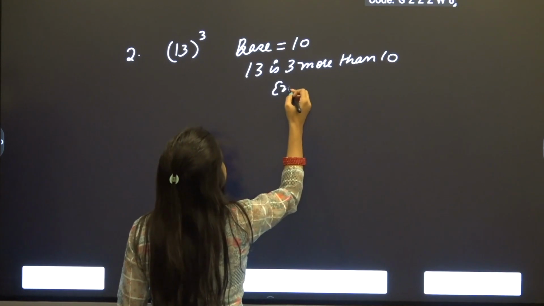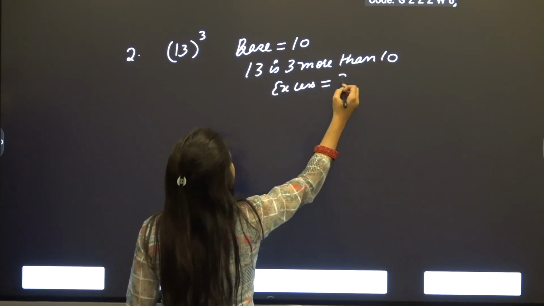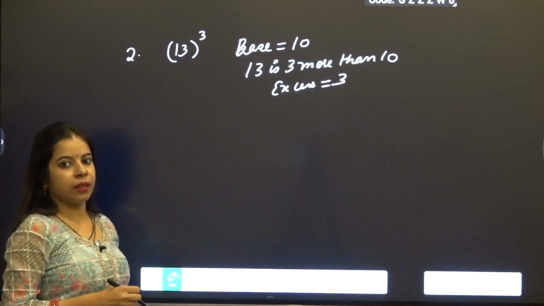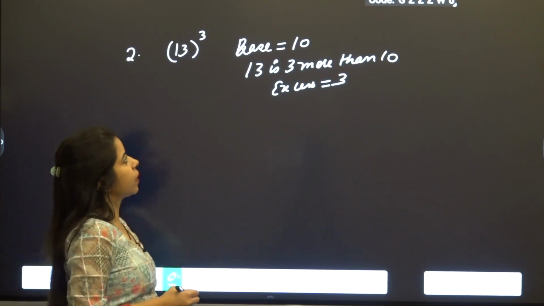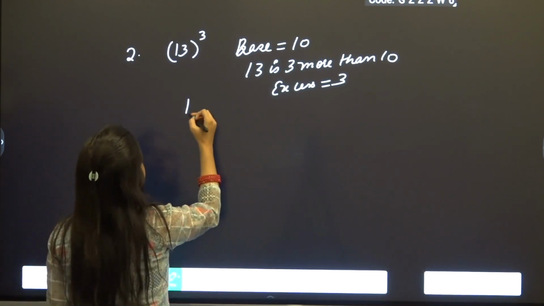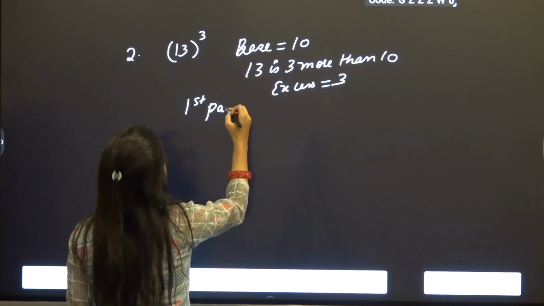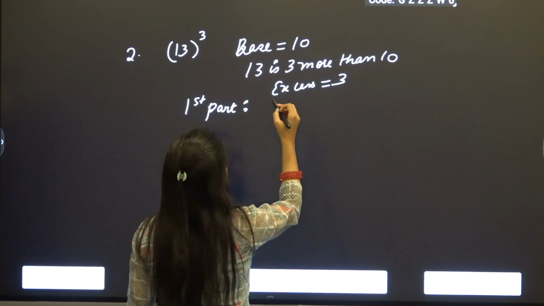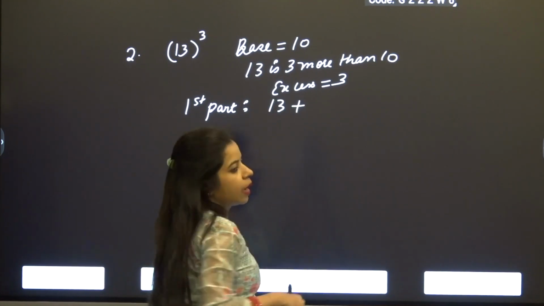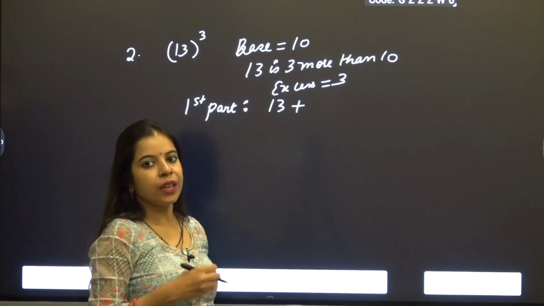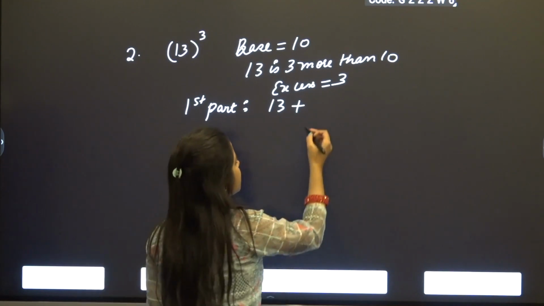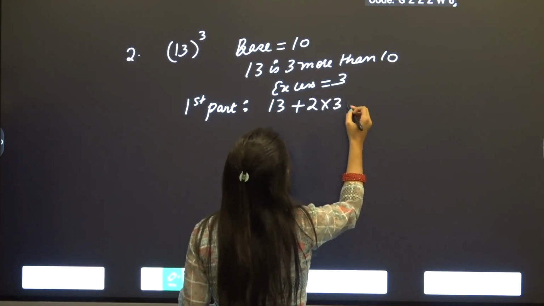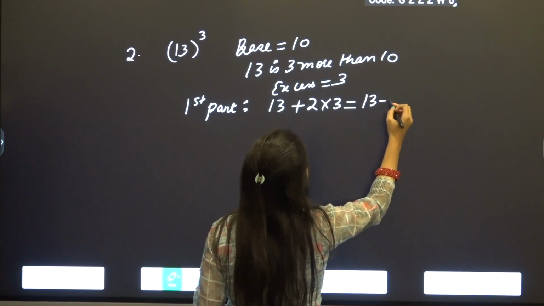So excess is 3. So for the first part, I am going to write the number as it is, and I am going to add twice the excess, which is 2 into 3. So this will become 13 plus 6,